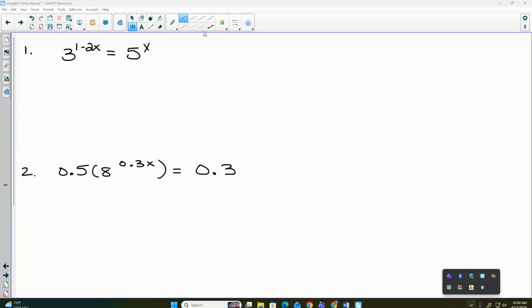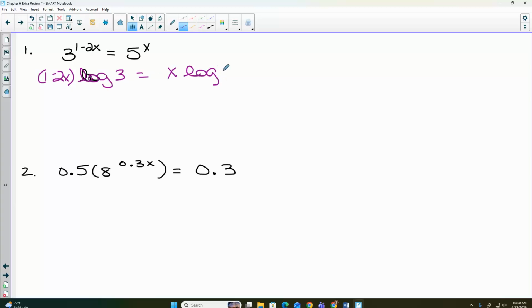This will be add a log to each side. Can I go ahead and drop down my exponent? Is that okay? So the 1 minus 2x comes down. Over here, the x comes down. What do I need to do on the left? So I get log 3 minus 2x log 3